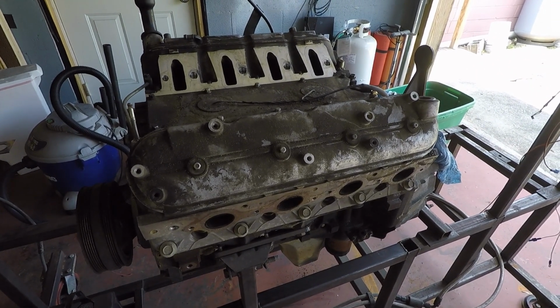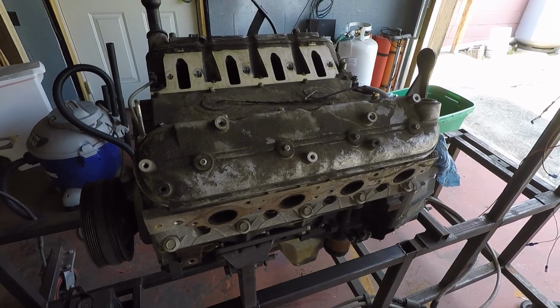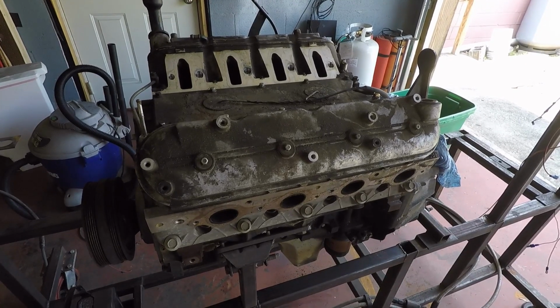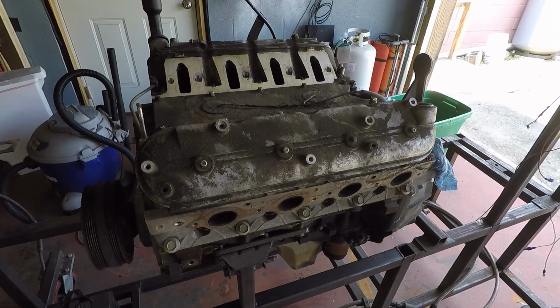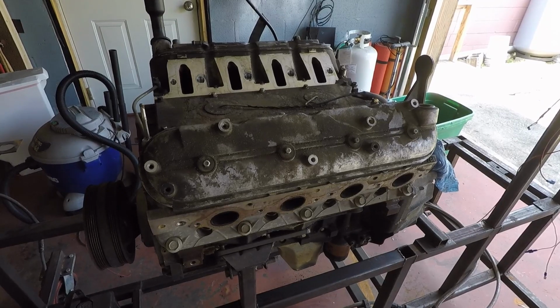Today is July 10th, 2018, and we're getting started on a motor for a friend of mine, and it is a 5.3, came out of a Cadillac Escalade. It is going to be a drive-by-wire, which this motor originally was. So this is how I pretty much